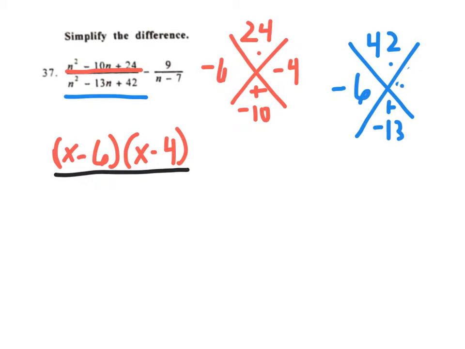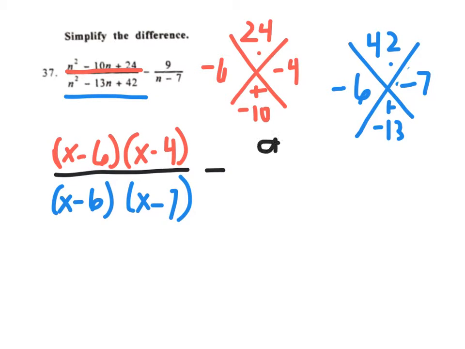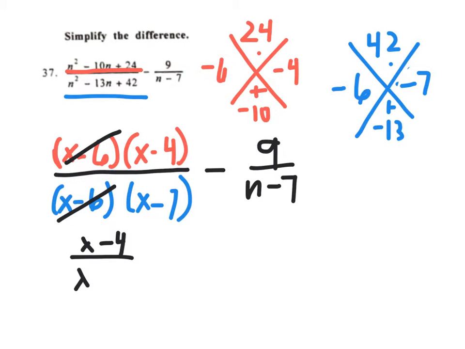So we have a negative 7 over here. So if I rewrite it, we have x minus 6 on the bottom times x minus 7. My second fraction stays the same, so we still have minus n over n minus 7. I notice I have two x minus 6's, so those are going to cancel out. And once I cancel those, I'm left with x minus 4 over x minus 7